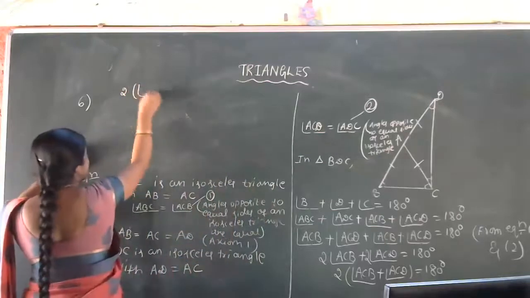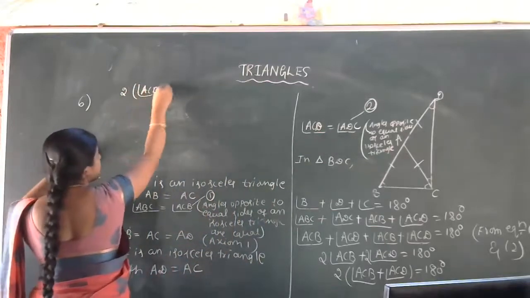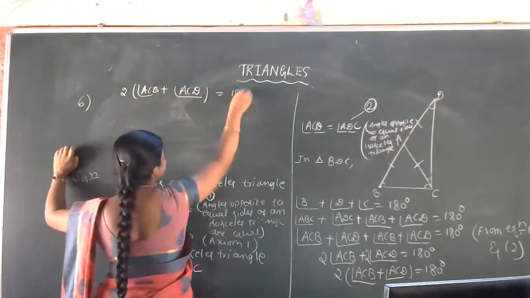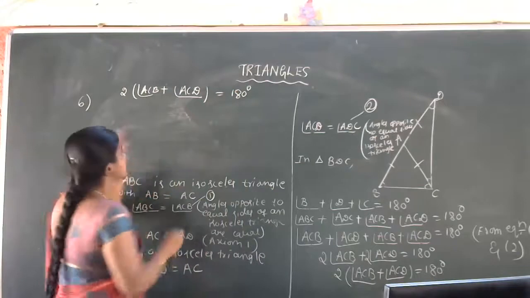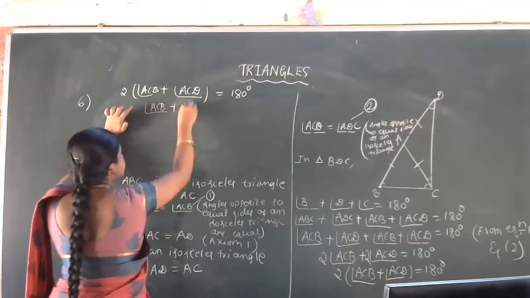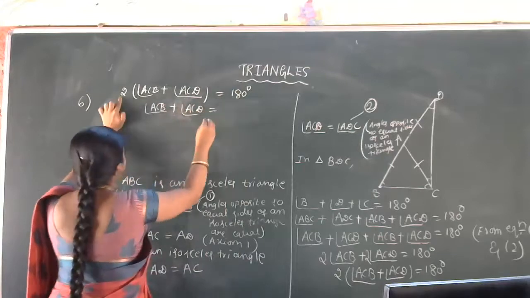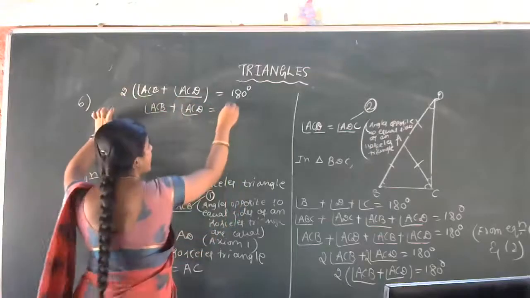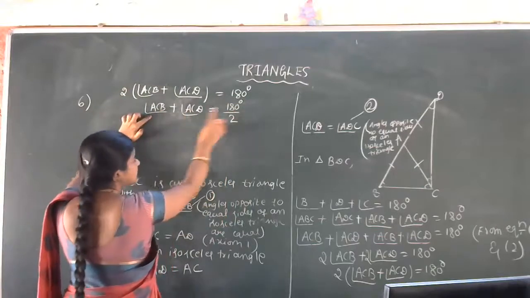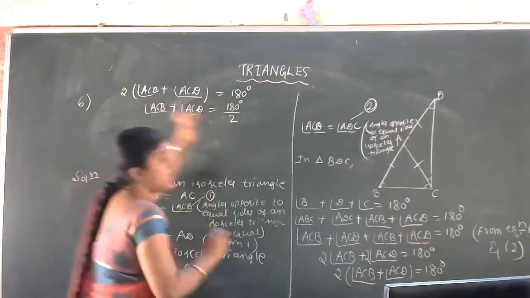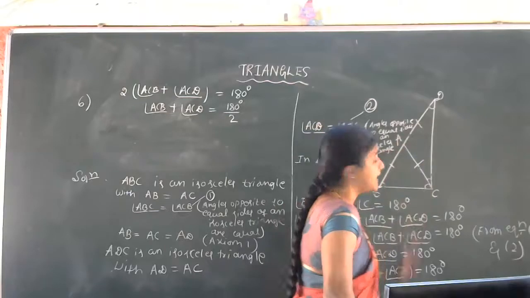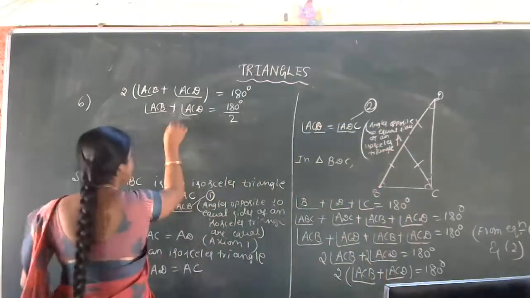Very simple question, students. What is given here? Let us write down the given data. Angle A is equal to 90 degrees is given, and AB side is equal to AC side. This AC is equal to AB. So it means this is an isosceles right angle triangle, no? Isosceles right angle triangle in the sense this angle is equal to this. Okay, yes. Now let us start the solution part.